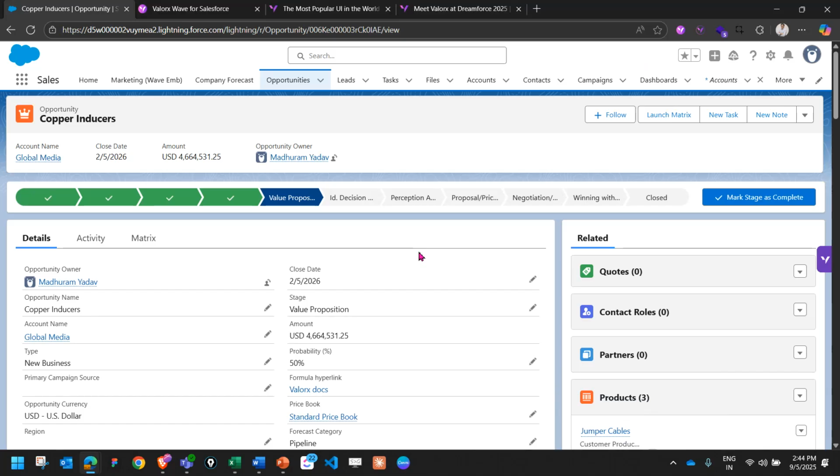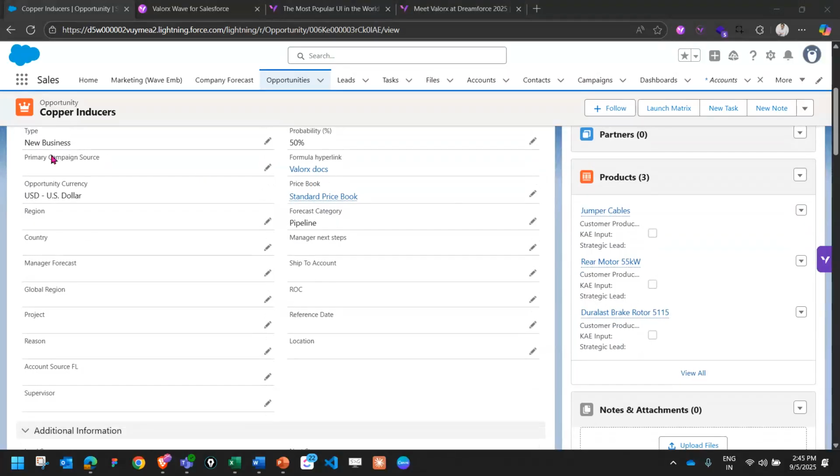this is the Salesforce view, and right now, if you see, this is one of the opportunities created by the sales team, and there are three products listed in this particular opportunity. Which are the jumper cables, the motor, and the Duralast brake rotor, right? Now, for these three products tied to this opportunity, right now, what am I doing is